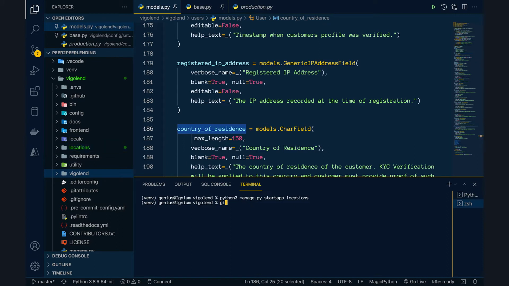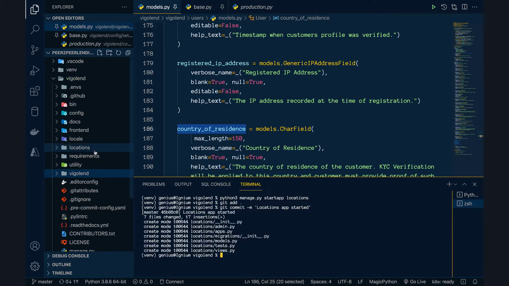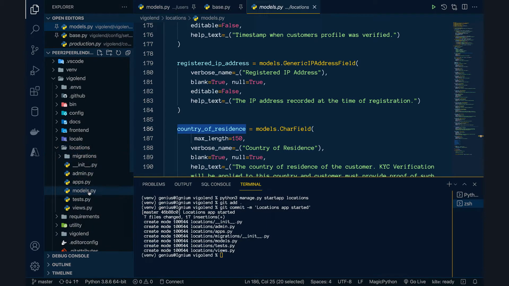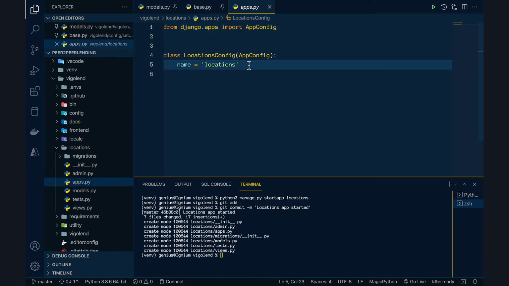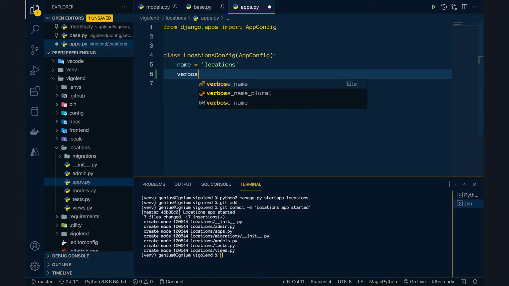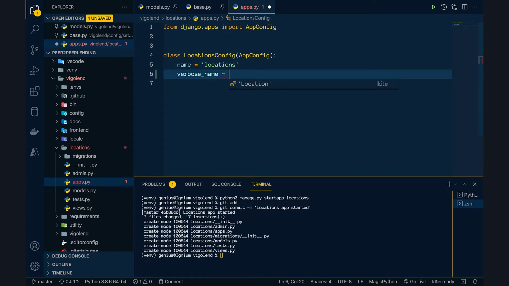I would like to commit this, so git add dot, git commit -m, the message location app started. Okay, so this has been committed. Now we have our locations app. I'll go to apps.py, the app name. I'll call this Geolocations,